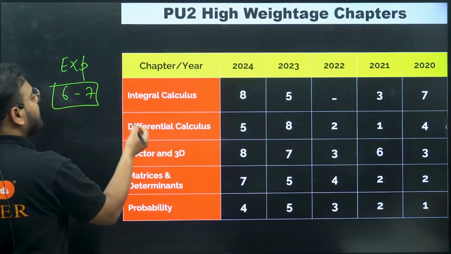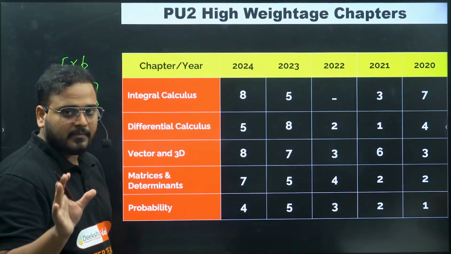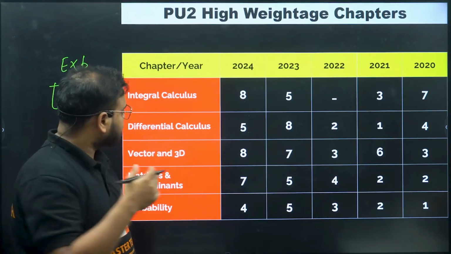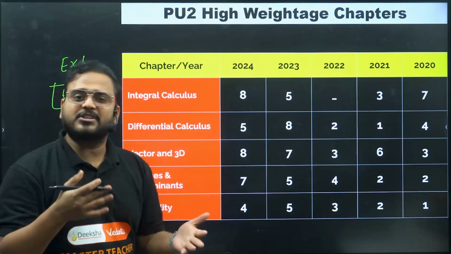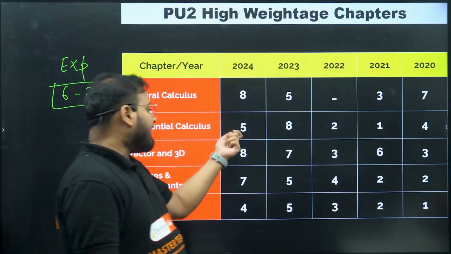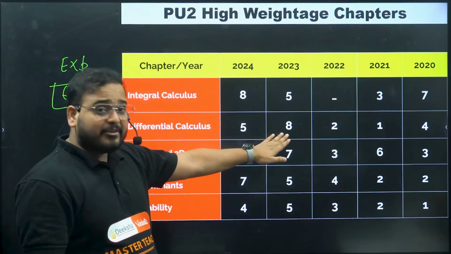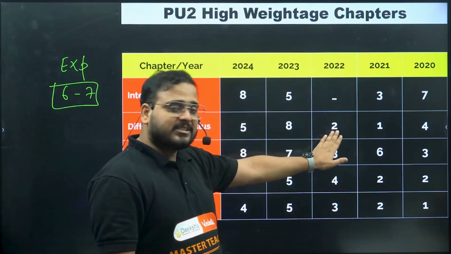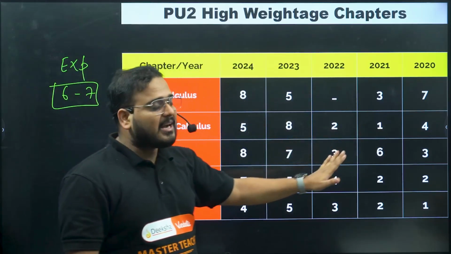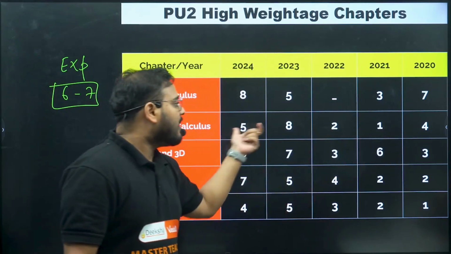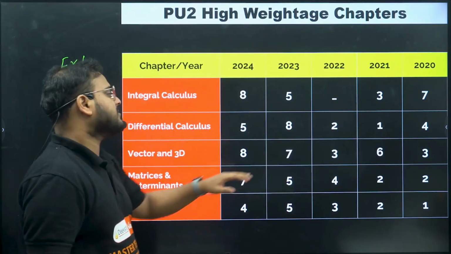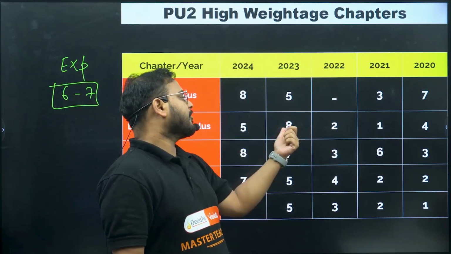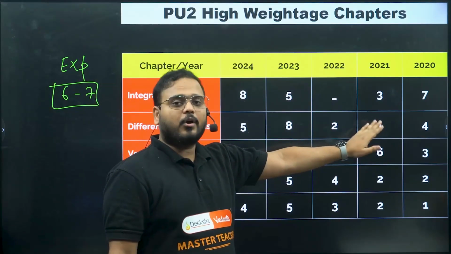Next, when I talk about differential, I mean AOD and yes, limits questions as well sometimes, as well as your differentiation questions. So in total you can see here 5 questions were asked in 2024, 8 in 2023. Again for 2022, 2 questions. It doesn't mean that way. It means these questions must have been asked in other years. A similar question from, let's say, 2022 might have been asked in 2023 or 2024 or 2021. It works the same way.